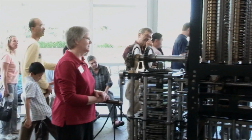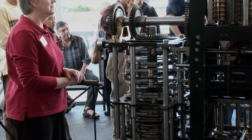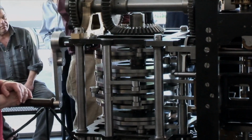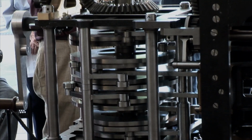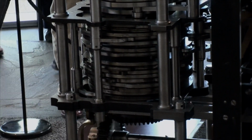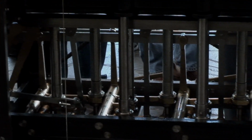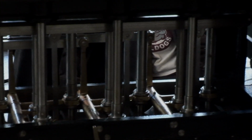So lastly, the question that I would like to talk about is, what is the impact of Charles Babbage's work on the history of computing? After all, this is a computer history museum. And there are various opinions about this. You can read lots of books about Charles Babbage, but my opinion is that there's not much impact because he didn't build the machines. Now, had he built them and demonstrated them, there might have been a little more energy